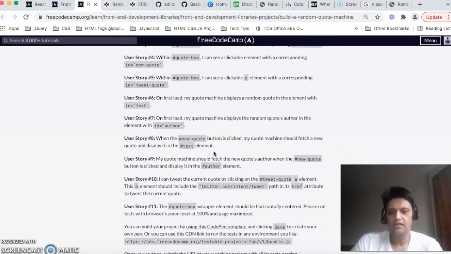Number 10, I can tweet the current quote by clicking on the tweet-quote A element. This A element should include the twitter.com/intent/tweet path in its href attribute to tweet the current quote. So what requirement number 10 is saying is that remember we are expected to have an A element whose ID is tweet-quote. Well, that A element must also have an href attribute, and that href attribute must have this path,